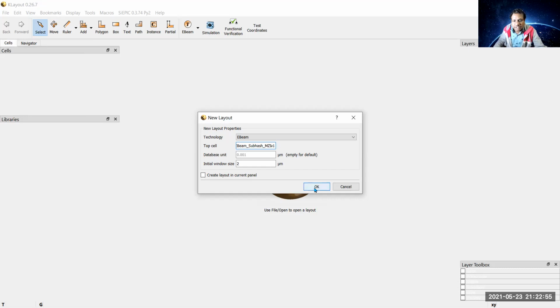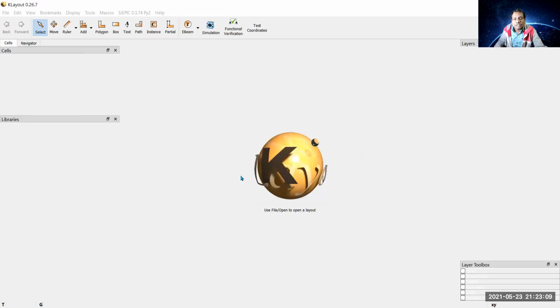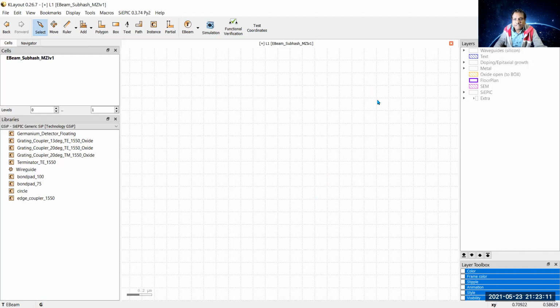After that, I will click on OK, leaving the database unit 0.001 and initial window size 2 micrometer respectively, without changing the default values. Say OK. After saying OK, you can see the canvas in the middle, a white grid region.